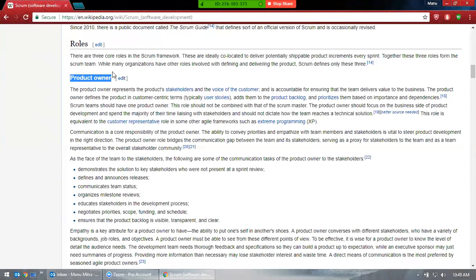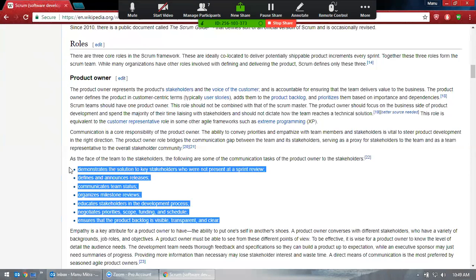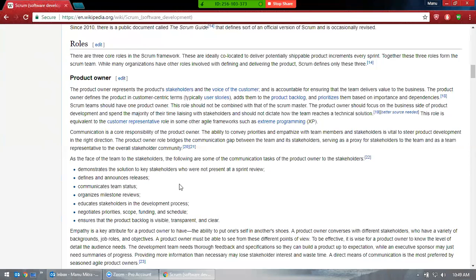So that's the product owner. It's the business analyst in waterfall methodology, and it's called product owner here. I would recommend going through these responsibilities a little bit, because in most companies, as far as my experience goes, nobody knows their own responsibilities. Make sure you know them better than anyone.